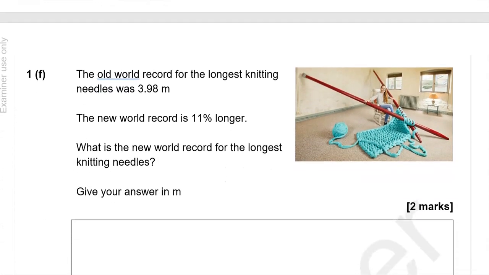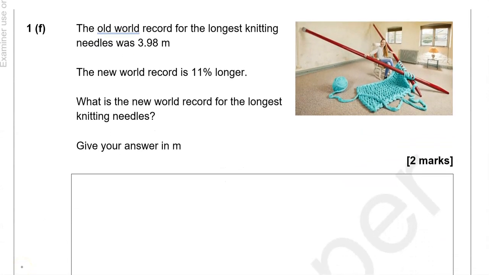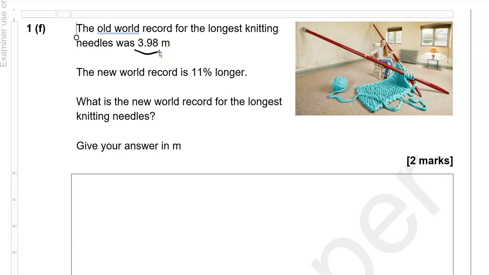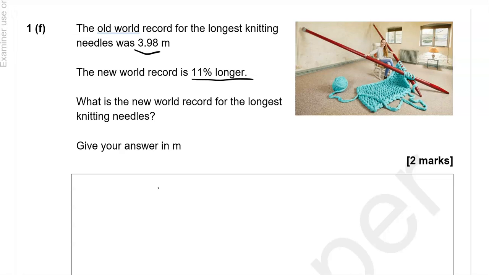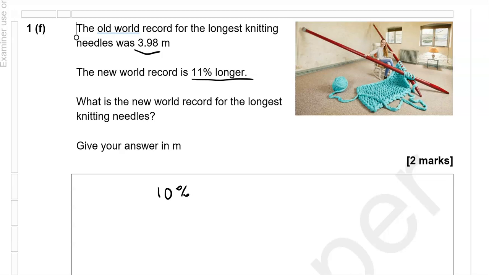The old world record for the longest knitting needles was 3.98 meters. The new world record is 11% longer. What's the new world record for the longest knitting needles? Give your answer in meters. So we're going to use the 10% and the 1% method, as 10 and 1 makes 11. So 10% of 3.98 is equal to